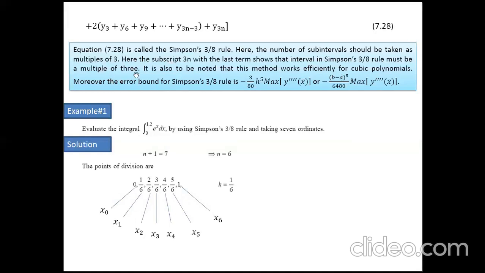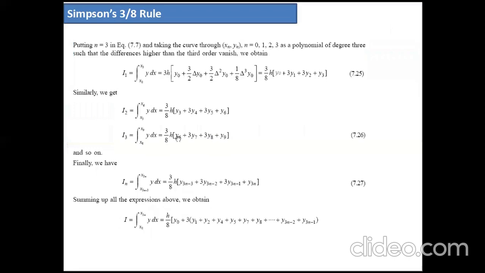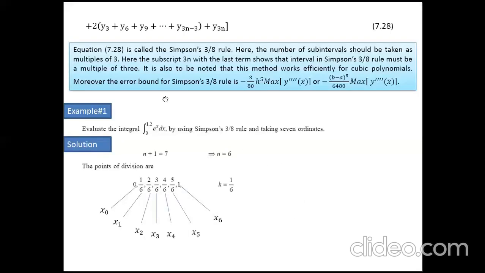Okay guys, I think आपको सिम्पसन 3/8 रूल की जो डेरिवेशन है उसकी समझ आ गई होगी। तो इसमें आपने main यही याद रखना है, जैसे कि यहाँ पर आपको नज़र आ रहा है, यहाँ पर 3 होना चाहिए, 3/8 h into [y0 plus y3n plus 3 times] (3 के साथ कौन सी terms multiply हो रही हैं) 1, 2, 4, 5, 7, 8, next क्या होगी 10, 11, okay, then 13, 14 and so on. And 2 के साथ कौन सी terms multiply हो रही हैं, जो 3 की multiples हैं, like 3, 6, 9, 12, 15 and so on, and the last term will be a single term. So here is the proper arrangement.